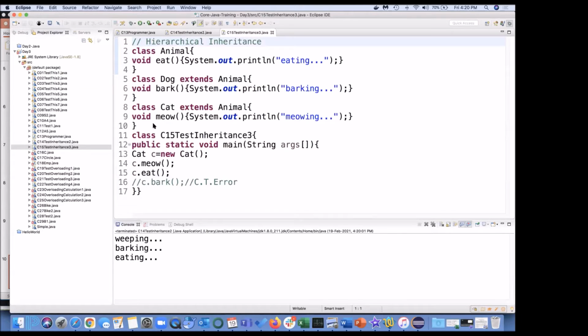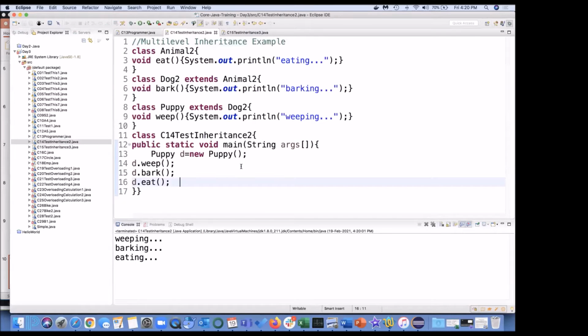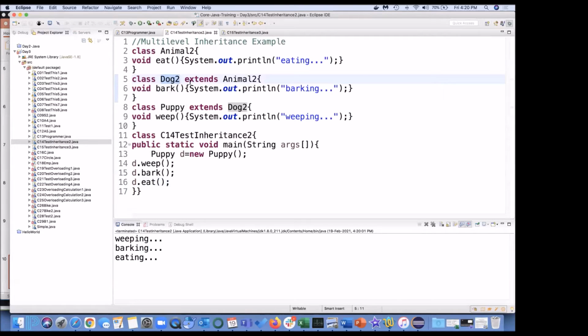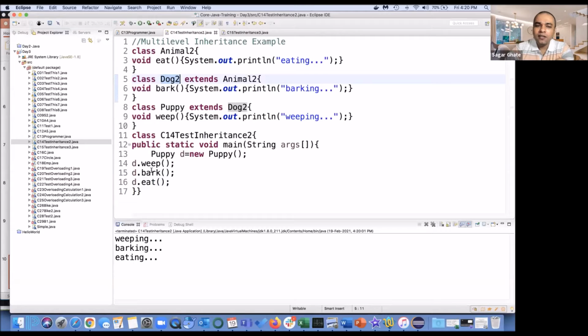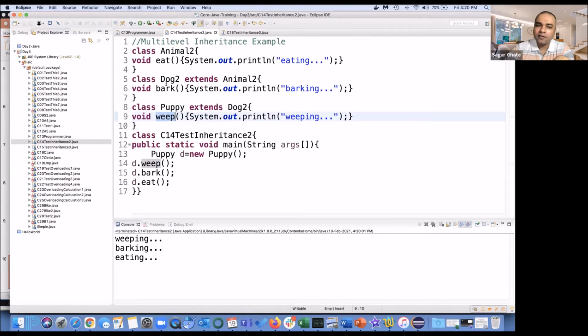Yes, one question I have. Always we need to create the object of the child class, right? No. Suppose you create an object of dog class, for example. Now, if you do d dot weep, you cannot access weep, because your compiler is not going to find weep inside dog and the animal class.